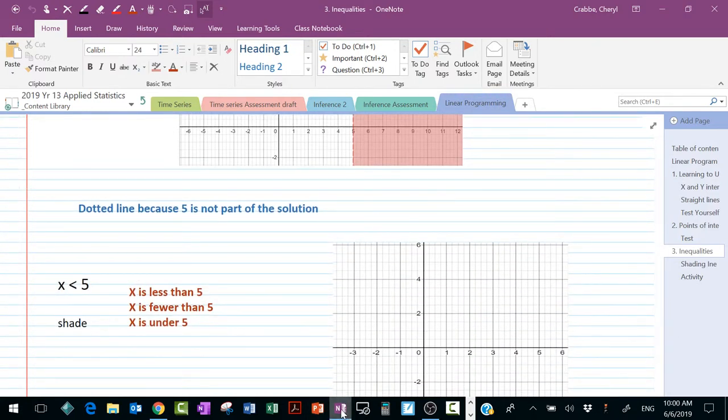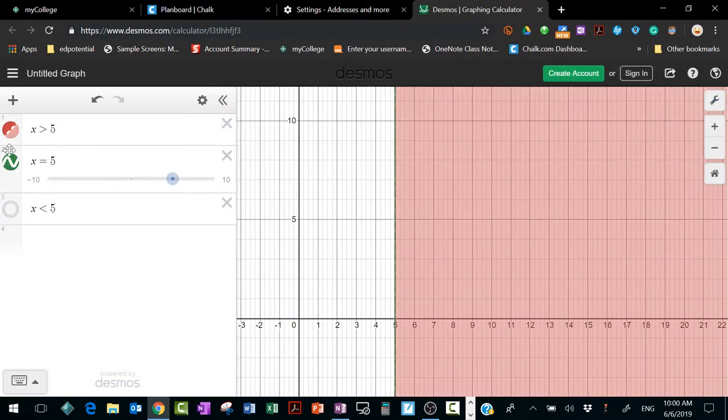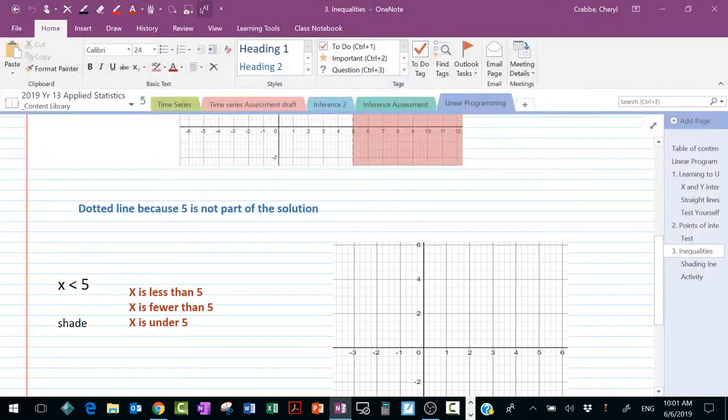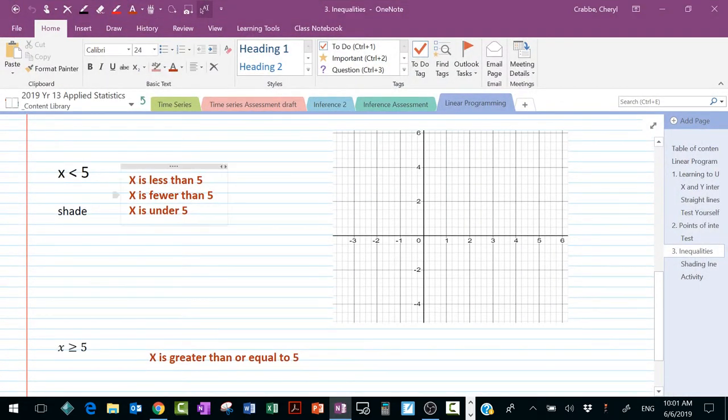X is less than 5. Let's take a look at that. So I'll just click that off. Guess what x is less than 5 might look like. Instead of being on the right-hand side of 5, the shading will be on the left-hand side of 5, because everything on the left is x's where x is less than 5, and it doesn't include 5, so it's a dotted line. It can be read as x is less than 5, x is fewer than 5,